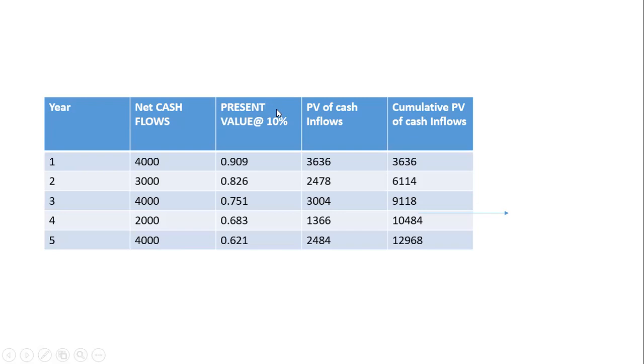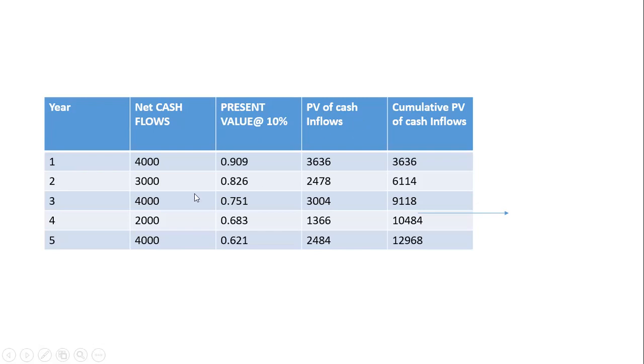So if it is not given, then how to calculate? I have told you: 1 upon 1.10 raised to 1, and then press the equal sign in your calculator. You will get all these figures, and you can note 3 to 4 digits after the decimal. So the first column is year. This is for discounted cash inflow. Net cash inflow is given in the question. PV factor is also given in the question. If it is not given, then you can use the formula 1 upon 1 plus r raised to n.